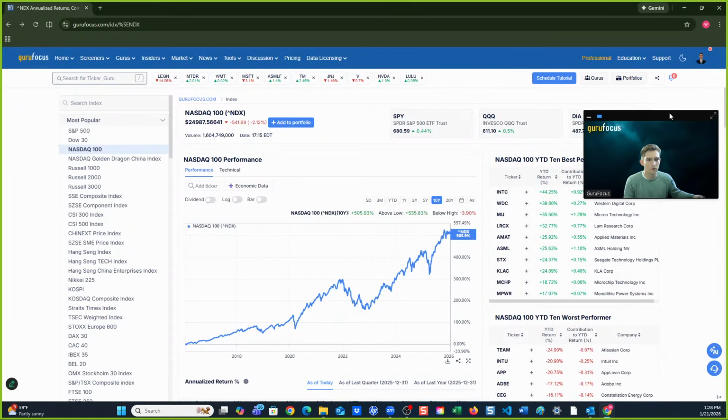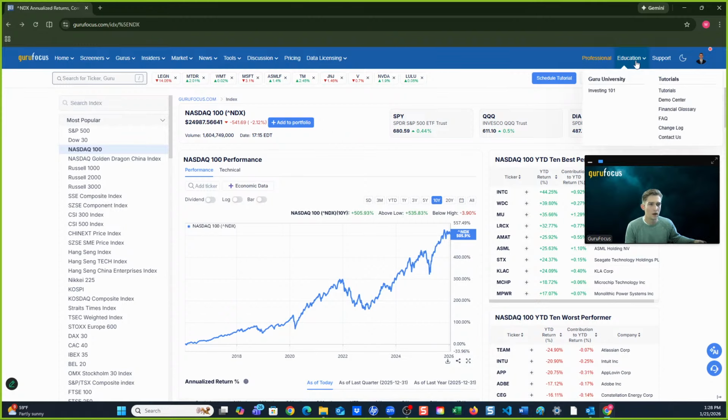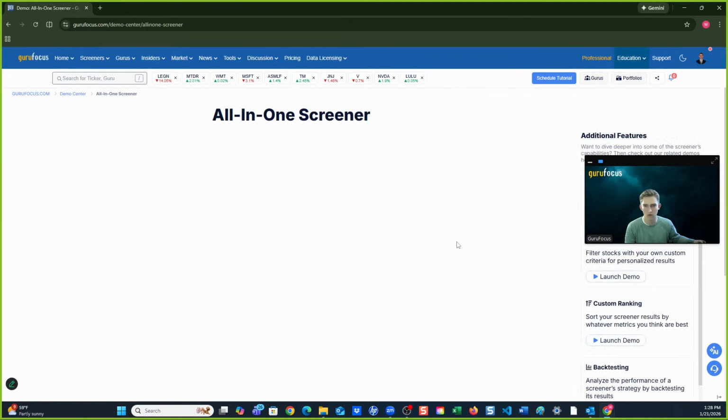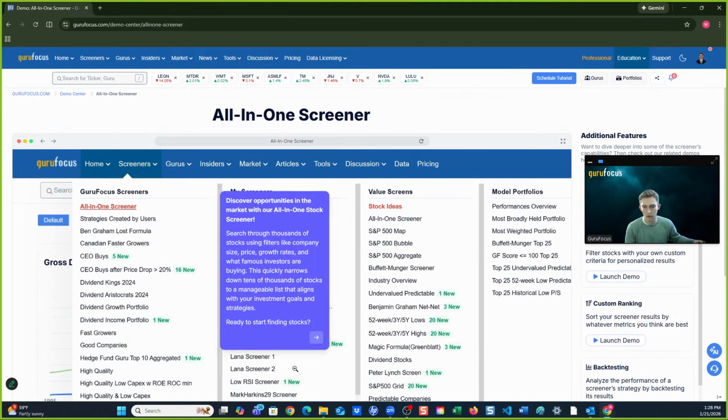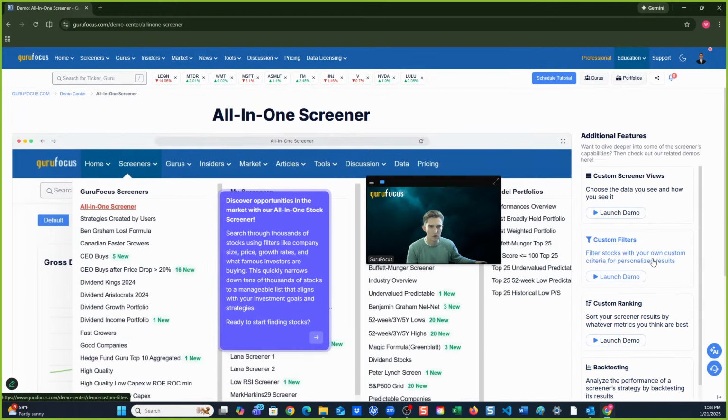If you want more of a self-paced deep dive, if you hover over the education tab here, we've got this demo center. Not only does that give you a good high-level overview of some of the major tools available on GuruFocus, it'll give you a real detailed guided walkthrough of the main feature, as well as this right-hand column giving you an even deeper dive into some of the more advanced components of that